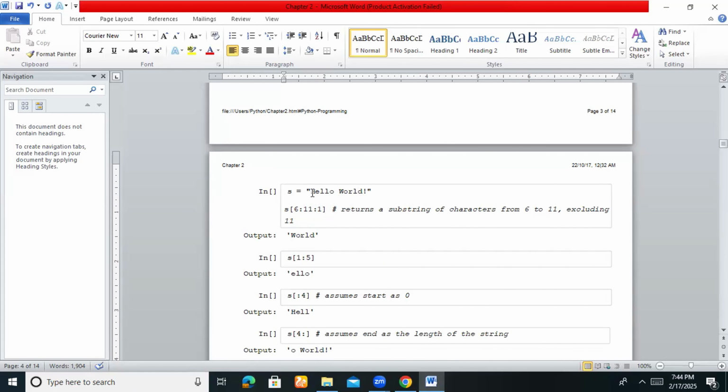11 means, let's see, 0 1 2 3 4 5 6 7 8 9 10 and 11. This exclamatory mark, yeah, so this 11 is excluding 11 actually. That is what they're trying to do, excluding 11. So the first starting position is inclusive, and the second, end position 11, is exclusive. Yeah, clear. And the third one, I'm not giving anything, which means by default it is 1, which means